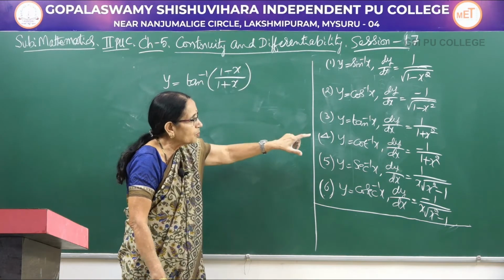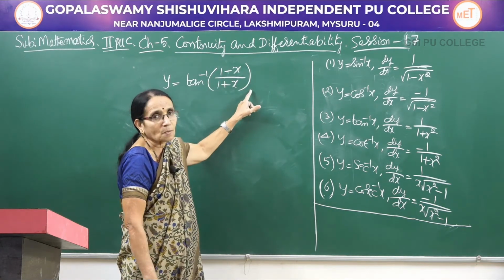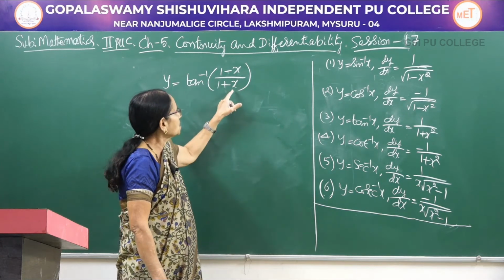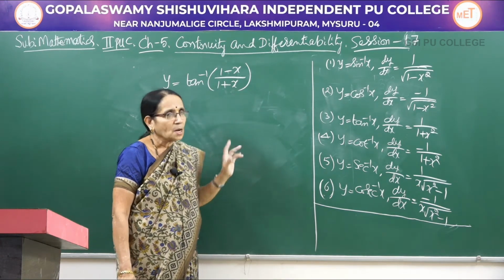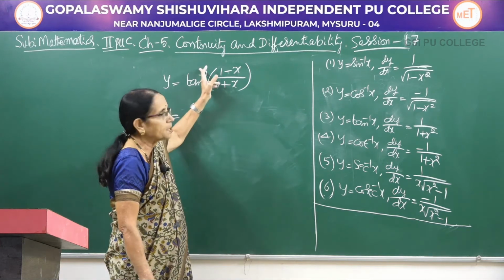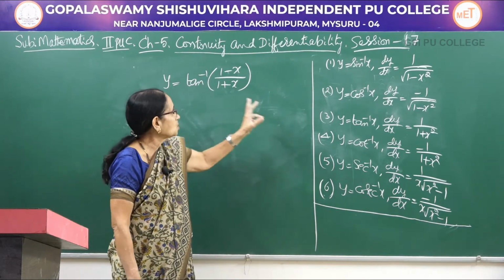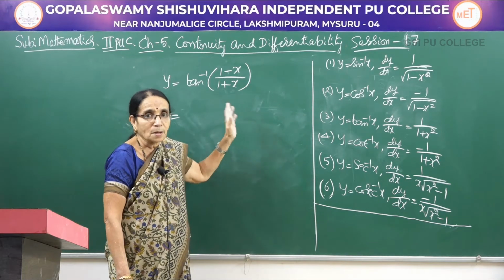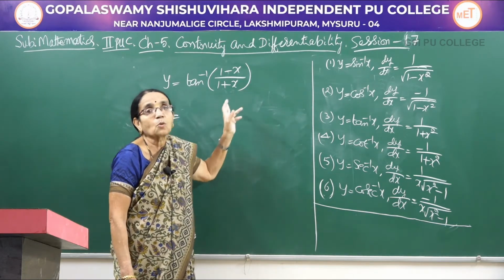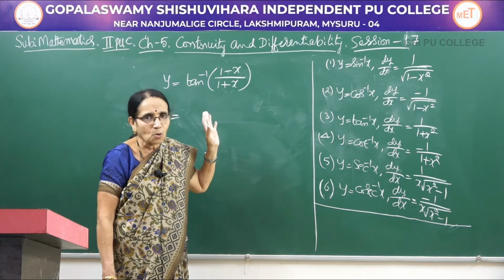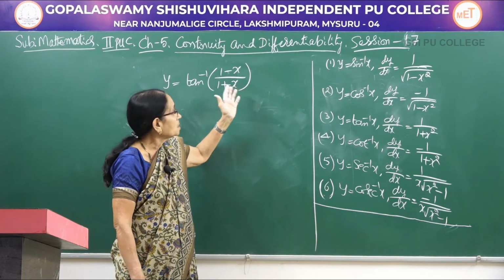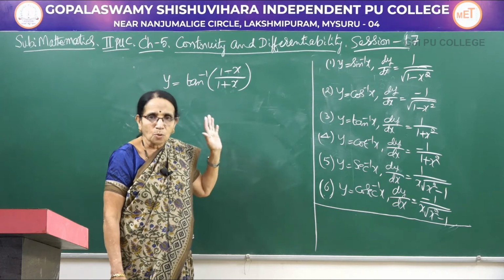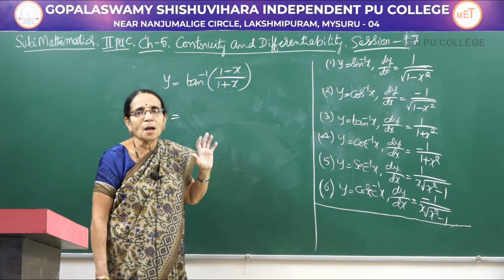So, 1 over 1 plus the square of this one, into... now you look at it, it is in the form of a quotient. It is a composite function. First you apply the tan inverse formula, it is 1 over 1 plus x square, whole of this should be squared. Then you have to apply the quotient rule because it is in the form of a quotient. So, if you could simplify using that, that is why those properties are helpful.